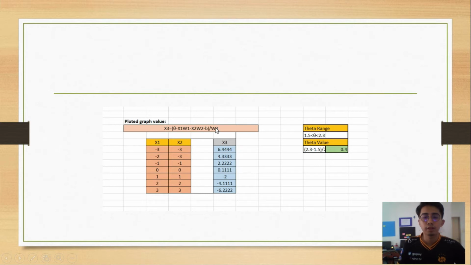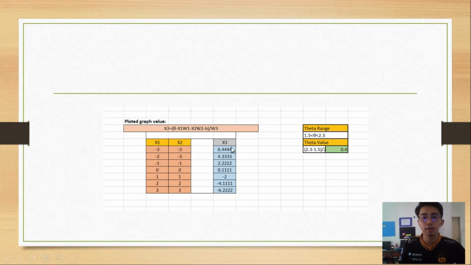The value of w3 here is 0.9. For the x1 and x2, we are going to give it a constant range, that is -3 to 3. So after we fill the equation with the numbers that we have,